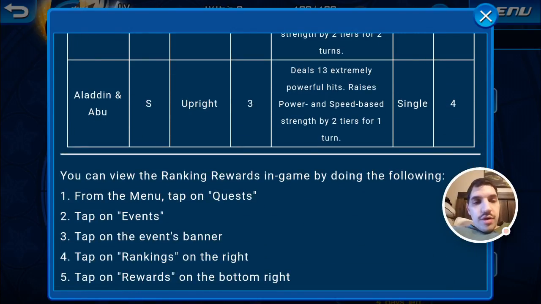Abu and Aladdin's also really good, except for the 4 gauge part. It's a 4 gauge upright green medal. Deals 13 extremely powerful hits, raises power and speed-based strength by 2 tiers for 1 turn. That's great for the Olympia, or just in general if you don't have a buffer for power or speed. You could use it either or. I'd recommend putting an SP 1 or 2 on it though, because 4 is...